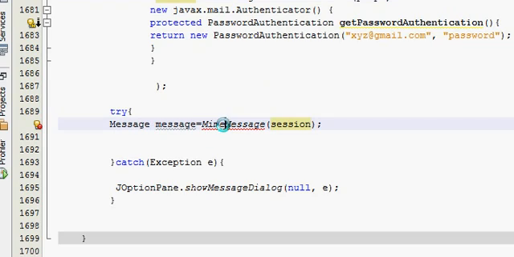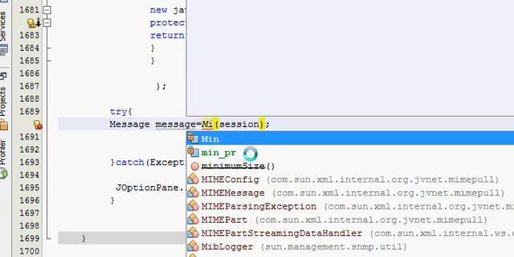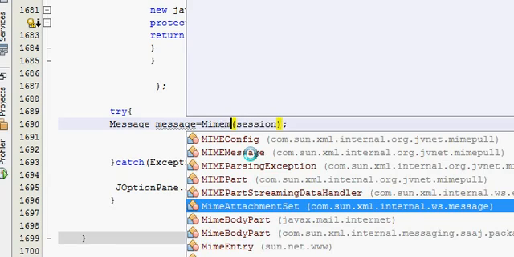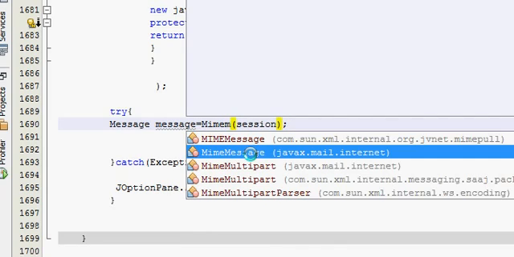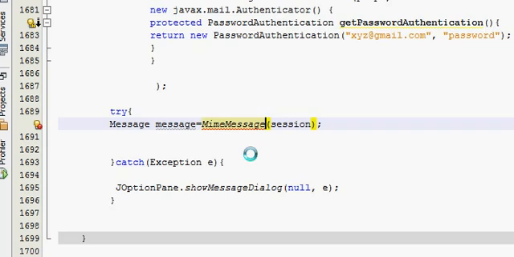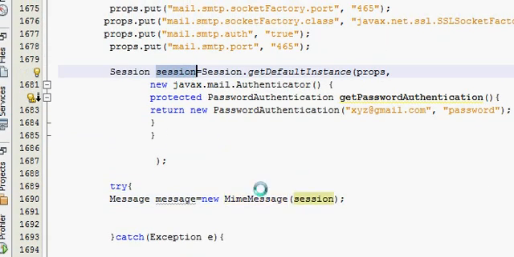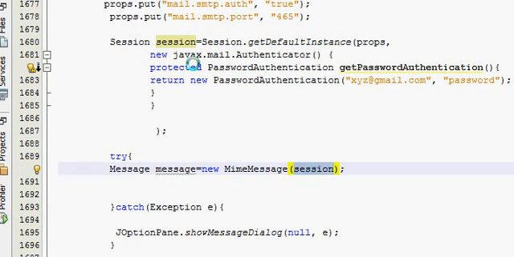Cannot find the symbol, so I think it must be, let's try it once again. mime. So this is the thing. Oh, I forgot new here. So this is the session we are calling in this message, so don't forget that this session we are calling here. And in the next line you will write